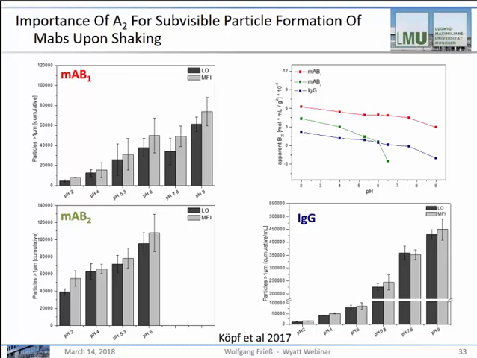Comparing that to a third, a polyclonal IgG, so again, an apparent B2 value which we should refer to, the B2 values are even lower. So we start out with even stronger particle formation. And then in the end, also at the high pH, you see that we have particle formation up to 500,000. So we have this correlation between the KD value that we can measure and the propensity to aggregate formation at